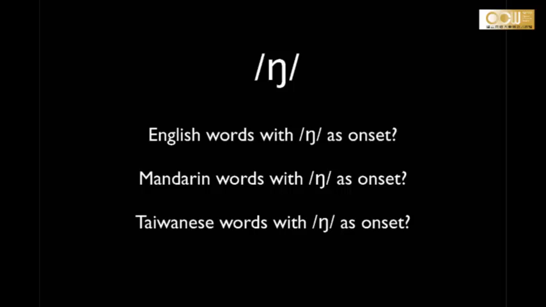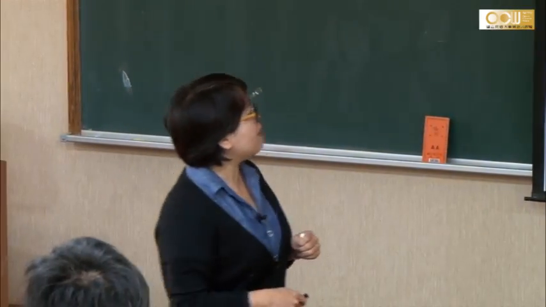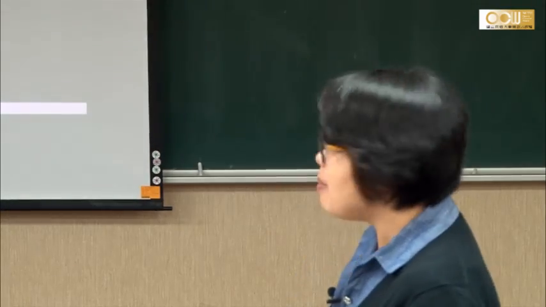Now, this is just another practice example. Can you think of any English word that starts with the sound ng? I'm going to bet you $10 there's no such word. How about Mandarin? Yang. 娘是 velar nasal initial 吗？娘，你的舌头 when you're saying it, it's an alveolar nasal, not a velar nasal. But many of you have the problem of distinguishing your velar nasal and alveolar nasal. So, 花光光 can become 花关关。